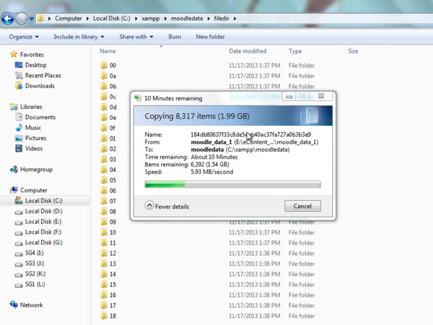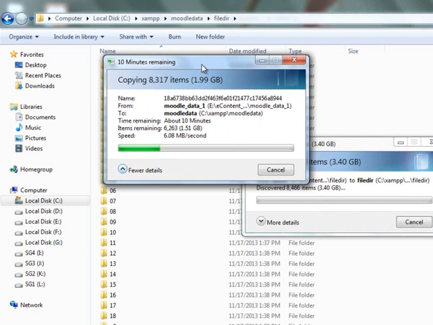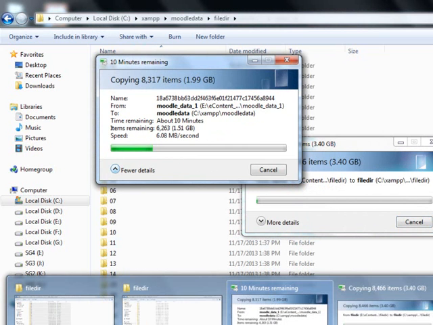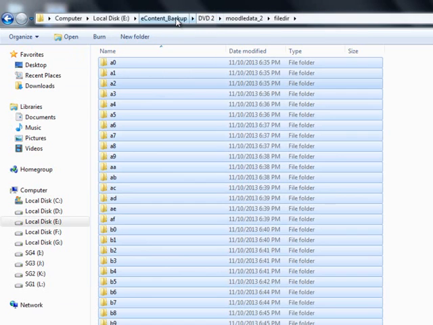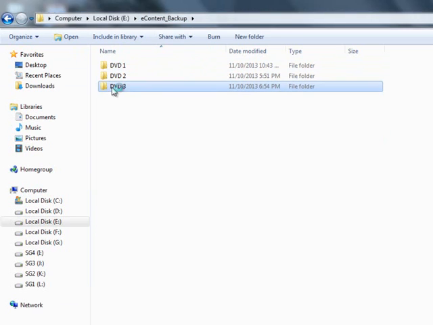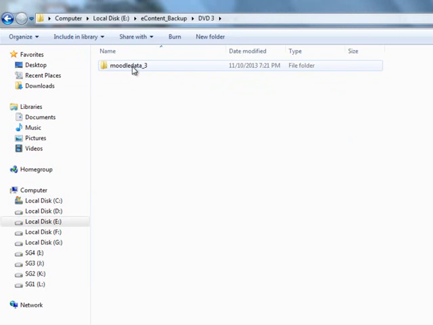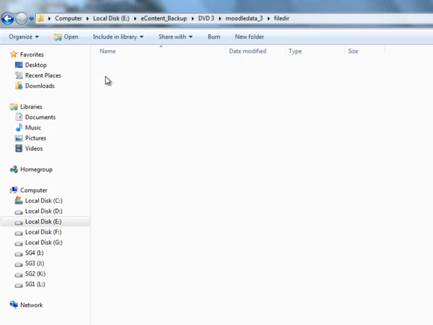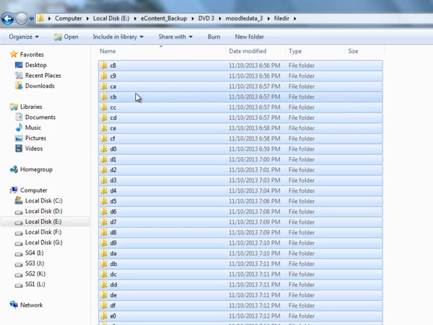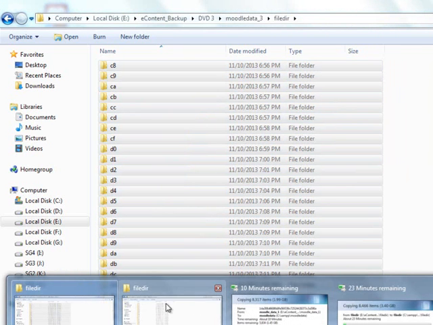Okay, simply paste it. It will again take some time. In the same fashion, browse the third DVD, then Moodle data 3, then filedir, select all the contents under the filedir directory of the third DVD, copy them and again paste them in the